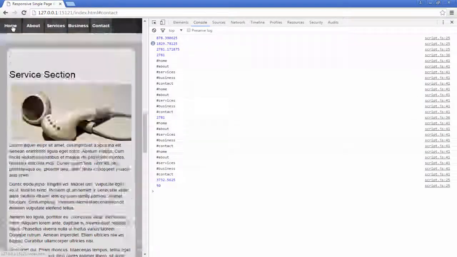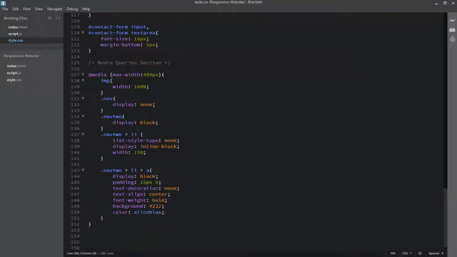Okay, now I will define the style for the nav2 anchor element for when the mouse hovers over it, and then I will define the proper CSS for those.